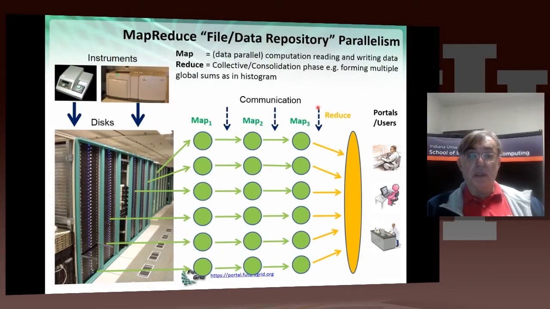So MapReduce is sort of illustrated here. You have data stored on disks. It's fetched from disks. It's run through these maps. Remember, this map is part of the pipeline. We're running our data through a filter to convert it into information, or we're taking information and converting it into a different form of information or into knowledge. Then each part of the data is analyzed independently.